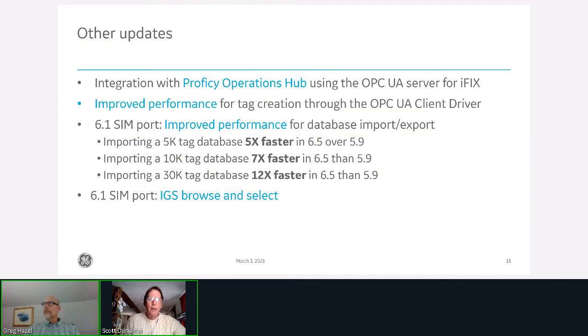and secure. Other updates, obviously the Operations Hub has been updated to support the OPCOA server for iFIX, so you can integrate the iFIX 6.5 build into Proficy Operations Hub. We've improved the tag creation for the OPCOA client driver if you've been using that. And one of the big SIMs we did over the year, and we put it into the 6.5